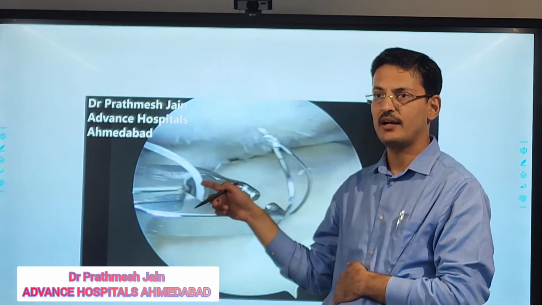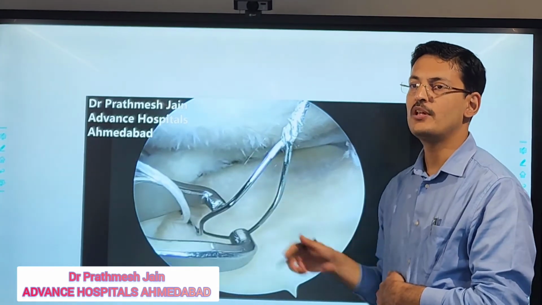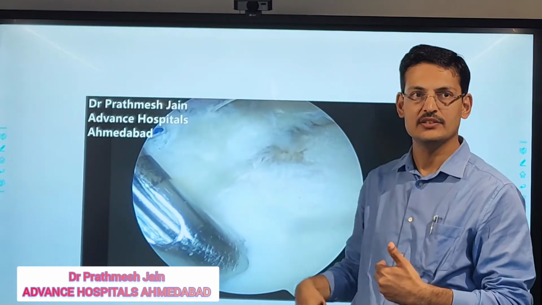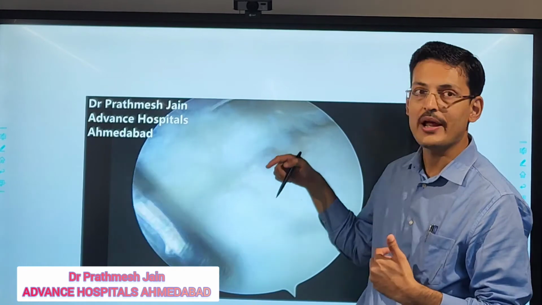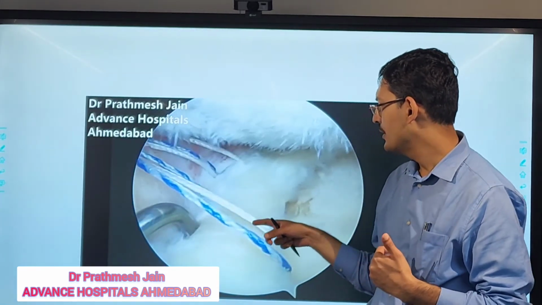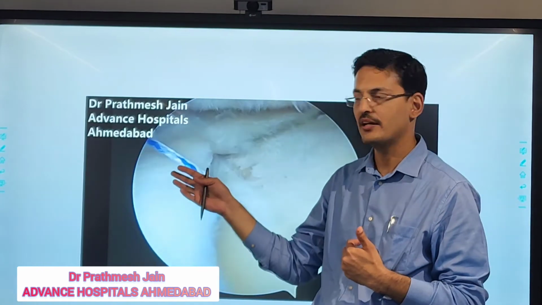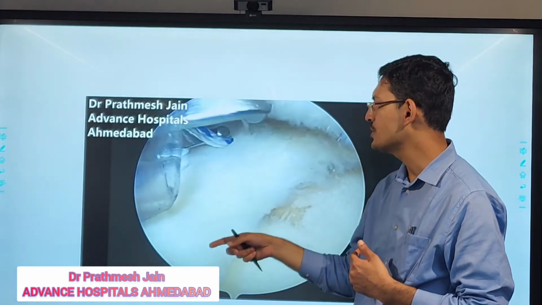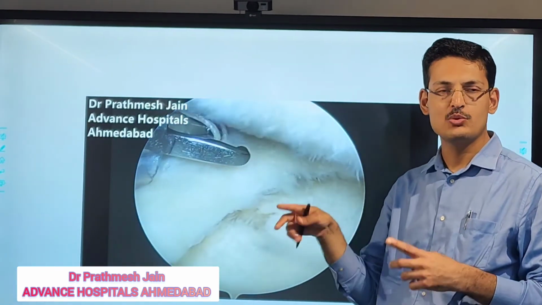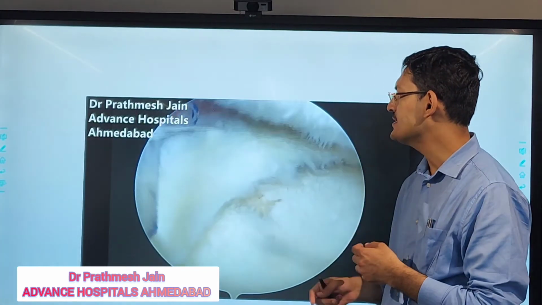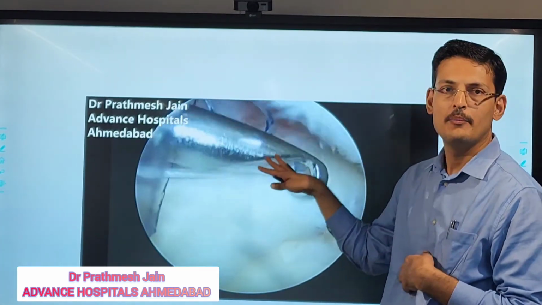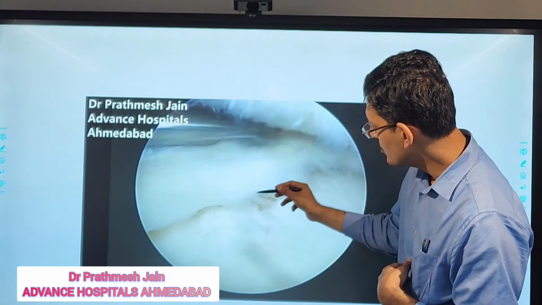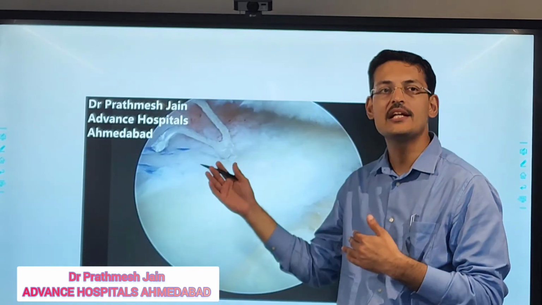This is the first anchor which we have put for the meniscus extrusion. As I told you, this is a relatively extended indication for us as well, so we didn't want to take a chance. So we are putting more anchors. This is the second anchor that we put, and this second anchor is relatively anterior to the first anchor. We are passing all the 4 sutures sequentially. So once we have passed all the 8 sutures from these 2 anchors, we will be tying these anchors back onto the meniscus. By doing this, you will see that this chondral defect which was there is relatively covered.